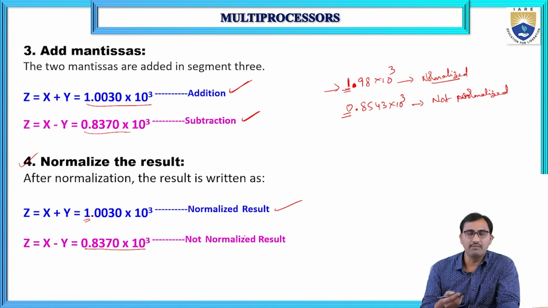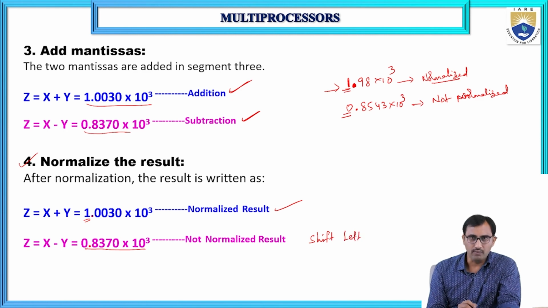So it has to be converted into the normalized form. We have to decide how we can get the normalized result. If I want to make the value before the decimal point non-zero, I need to perform shift left. If I perform shift left by one bit,